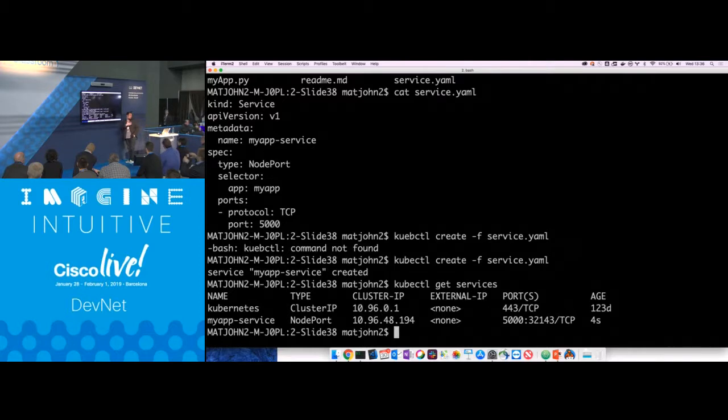Because I'm running my Kubernetes cluster locally, and I only have one IP on my local machine, it basically is mapping this instead to a port on my local machine. So if I go to localhost at that,